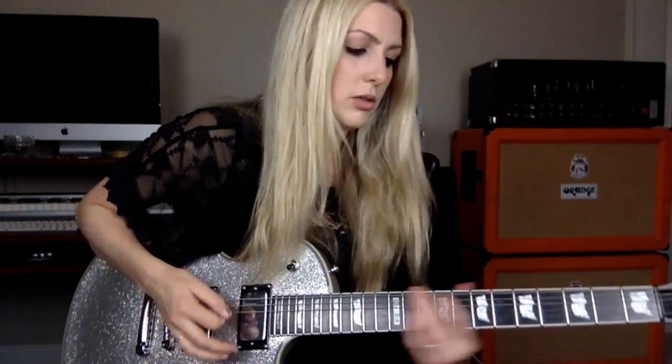I have trouble with bends and release, keeping the sound, bringing the string back, up and down on the 22nd fret. It always mutes at the top of the bend. Maybe you're not fretting out, but if you're having trouble with those, just remember, it's not always how hard you're pressing on the guitar, but the sustain does come from your hand. And so applying that pressure,